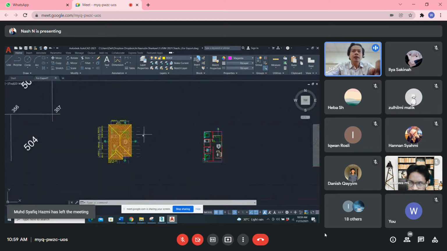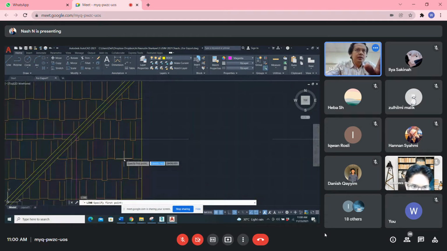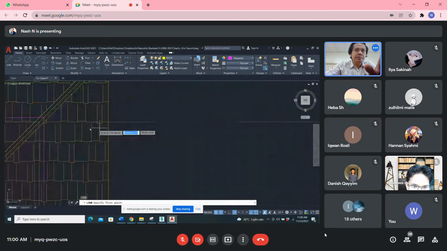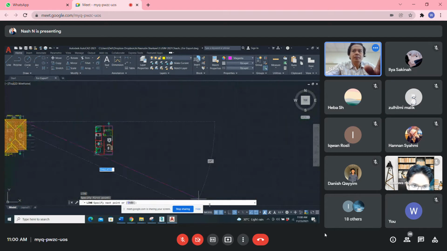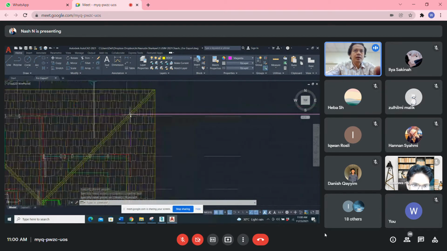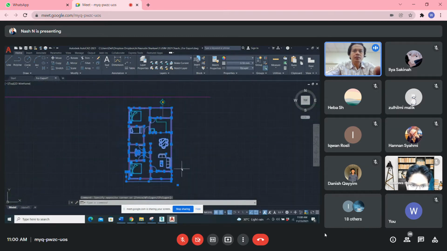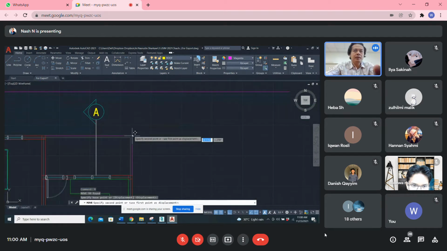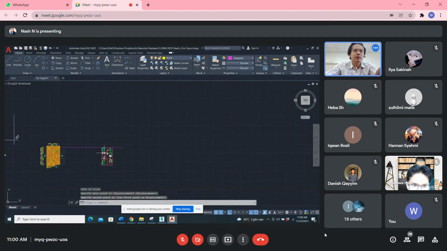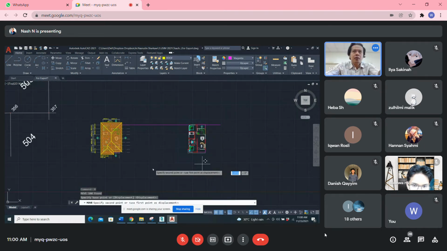Another thing is make sure the roof is parallel with your plan. Let's see how to make it parallel. I'll take one example here. This is the wall here, right? The end of the wall. So I'll move it according to the roof, because if not parallel, later you will have difficulties. So it's parallel. Make it closer to each other.